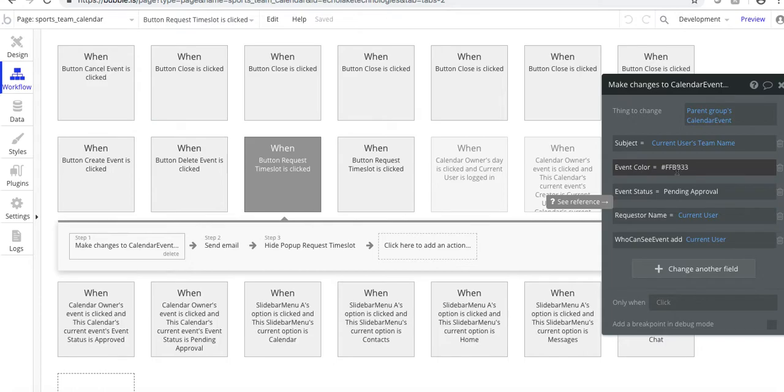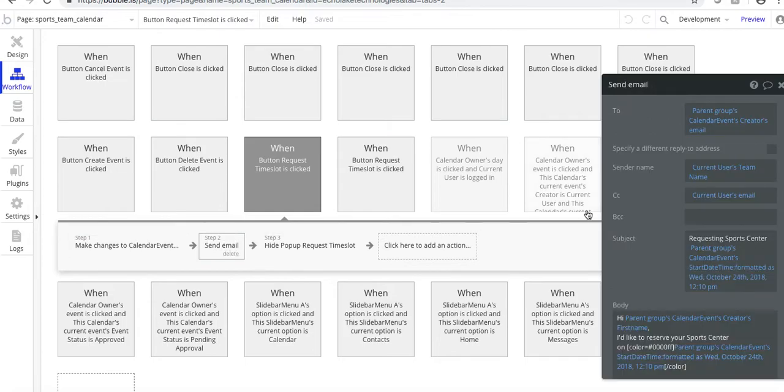I do change the event color. I do this so that, visually, you can see that there's a request pending. It's a nice little user experience touch to add in there. Event status: it's no longer open, it's now pending approval, so I change the event status here. I add who the requester name is, and then I also add who can see the event. So at this point, the sports team gets added to the open time slot event via the who can see event. I also send an email